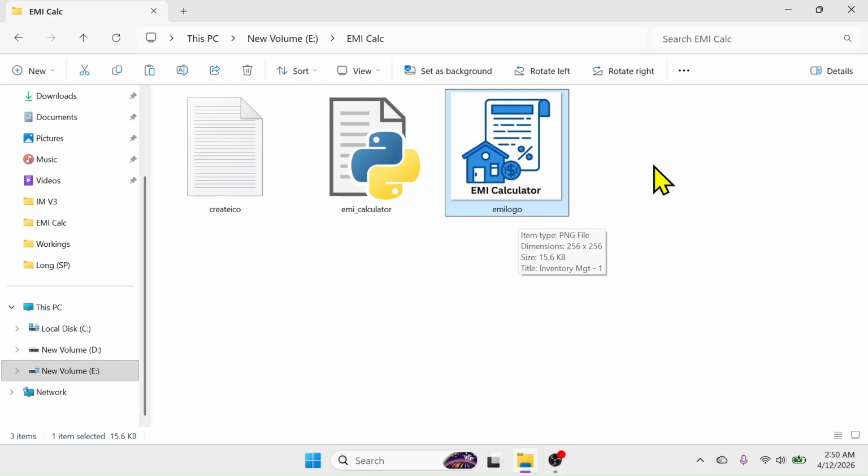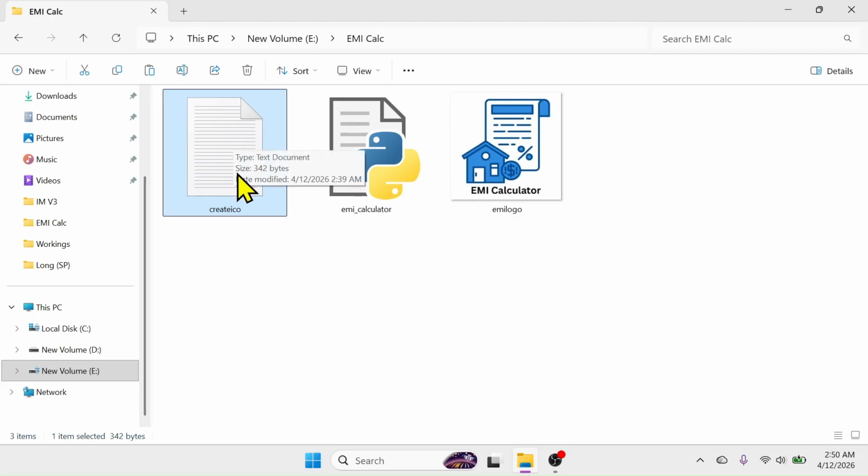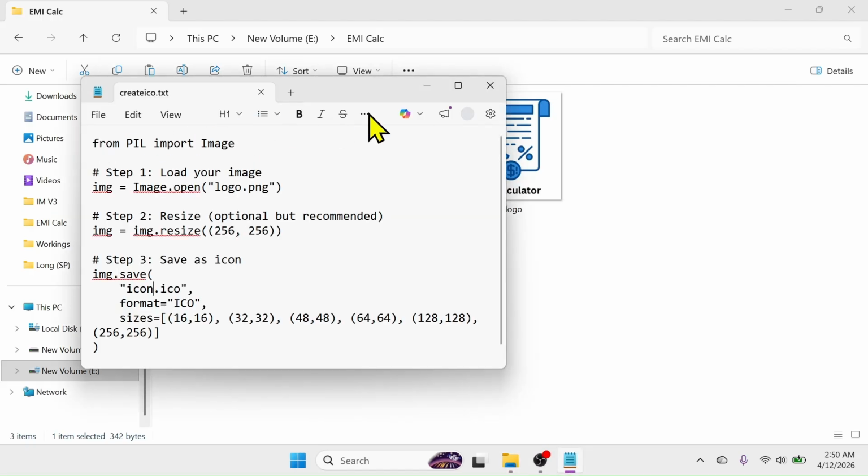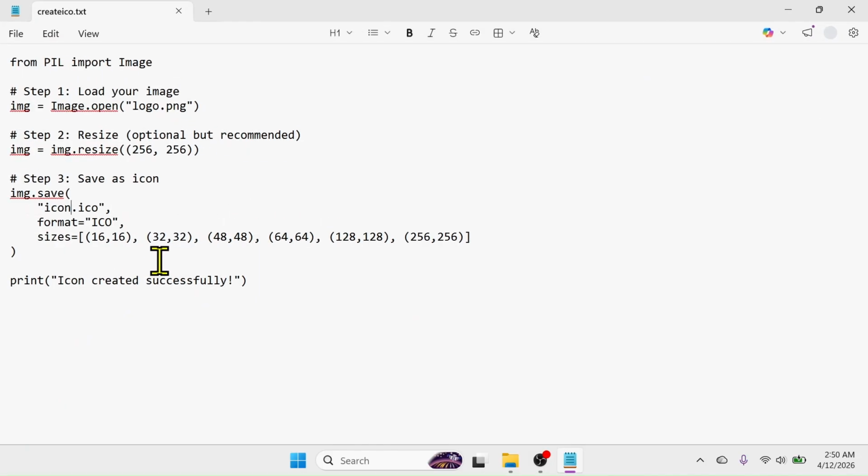For this, the first requirement is to convert this normal image to an ICO image format. To convert the normal image to ICO format, here I have a script in a Notepad document. Let me open this Notepad. Here you can see this is the script we need. If you want to download this script, you can download this Notepad document from the link given in the video